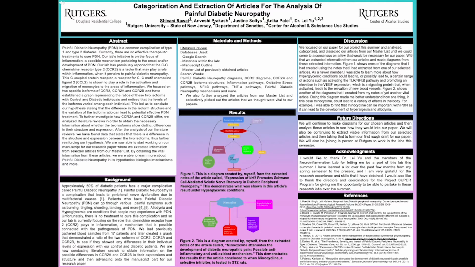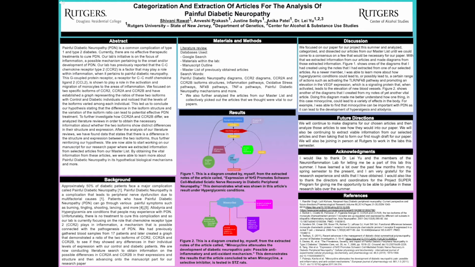Figure 2 is yet another diagram that I created from my notes off of another article. This article focused on minocycline, which is an antibiotic that is used to treat bacterial infections. They tested minocycline on STZ rats to see if it would decrease allodynia and hyperalgesia, and whether it can decrease oxidative stress and inflammation in the spinal cord. Looking at my diagram, you can see how it reduces allodynia and hyperalgesia, and is also shown to reduce oxidation